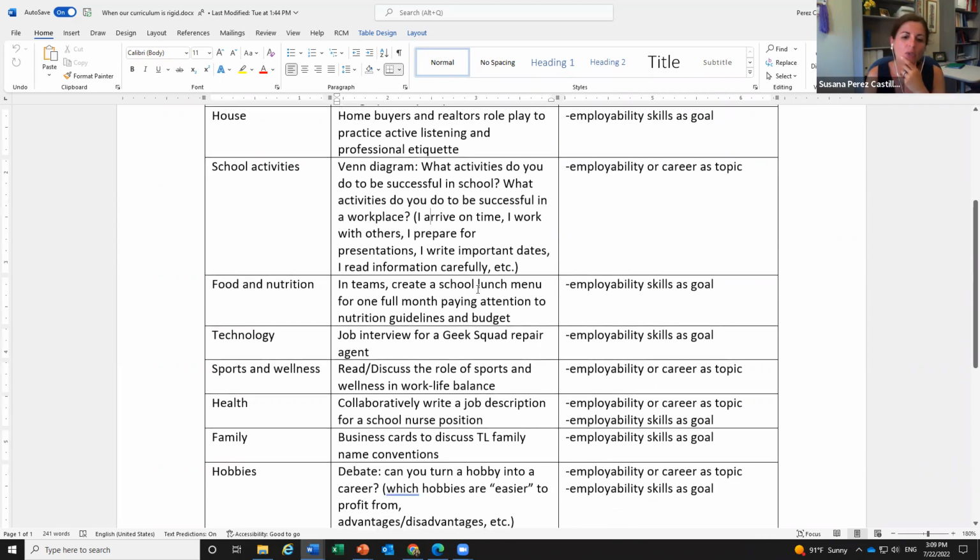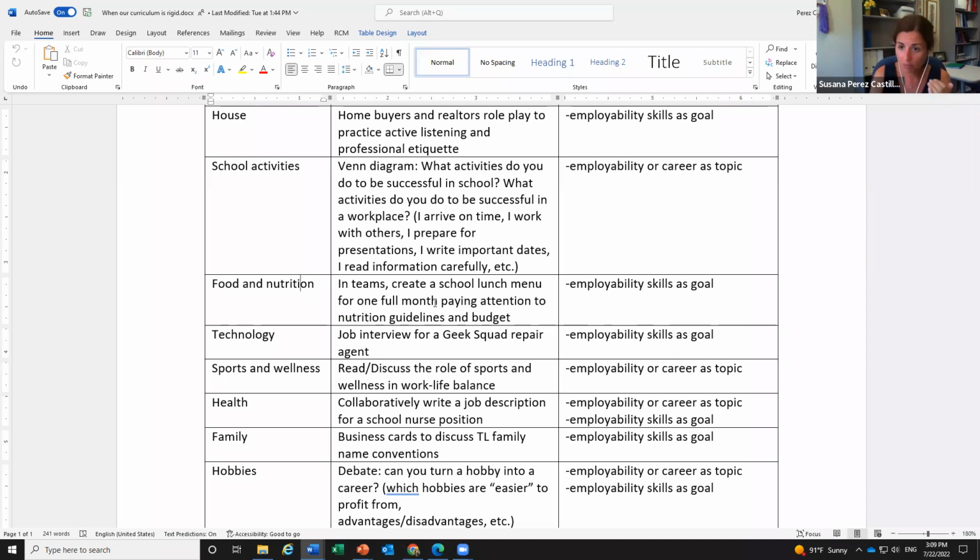Read, so those things in a Venn diagram, and they're just writing. For the unit on food and nutrition, they could create a school lunch menu for one full month. You can show them examples from your local schools or your high school. And then they have to create that paying attention to nutrition guidelines and budget. So they're practicing that vocabulary in nutrition guidelines, but they're using an employability skill, teamwork, and also budgeting,